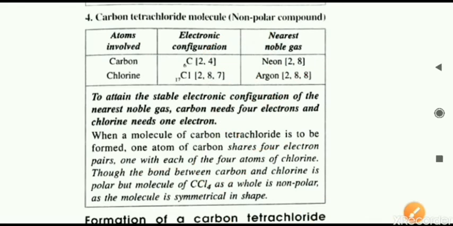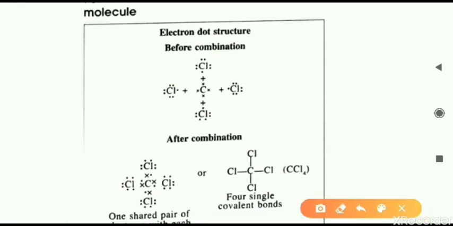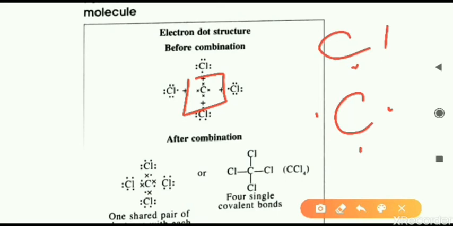So the purpose of bonding is clear now. Carbon wants to share electrons to achieve the nearest noble gas configuration of neon, and chlorine wants to do this chemical bonding to be similar to argon. That is the purpose. Now let us see the formation. You can see in the center carbon, it is willing to share 4 electrons. That means it has 4 electrons in the outermost shell, so we have drawn 4 dots on all 4 sides. On the other side, chlorine is willing to give 1 electron. So 1 electron from the chlorine will participate in this bonding. The remaining you can draw as electron pairs.